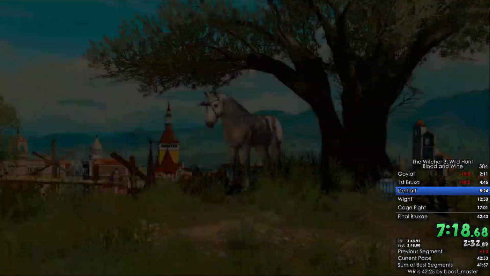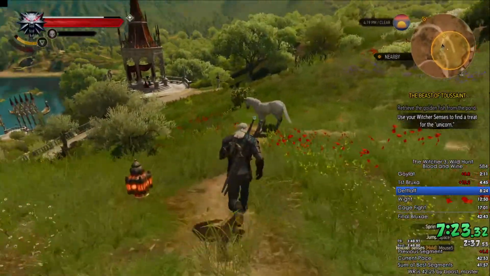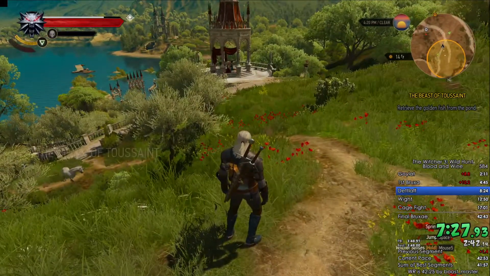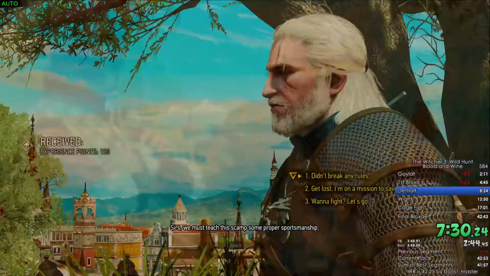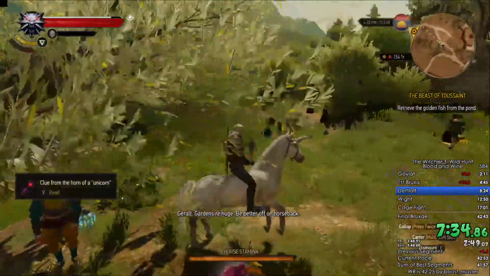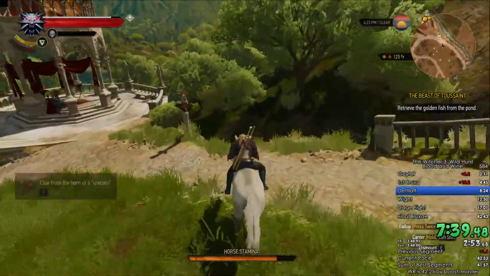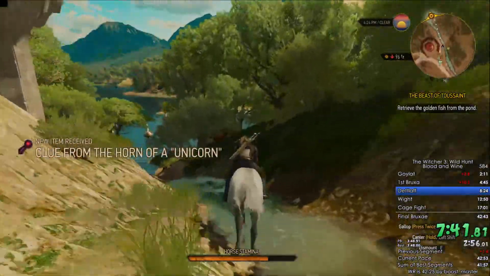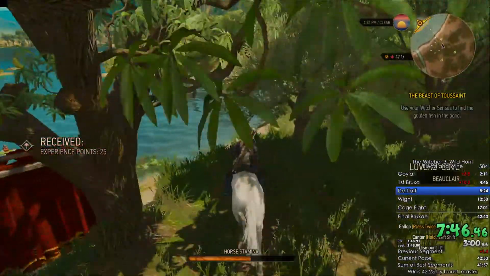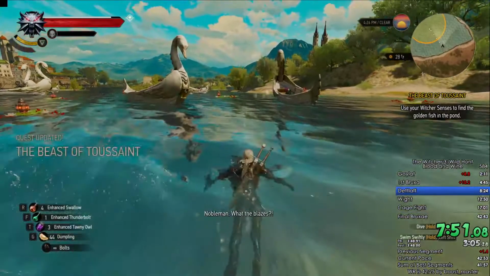So we're gonna use Axii here to grab this unicorn because it's faster. Unfortunately, I missed. There we go. So usually you want to hit Axii when the unicorn, when they see the name, the unicorn pop above the head there. It's fine, we got it in the second try. I tend to miss it sometimes, so I'm gonna hop off at a perfect time there,